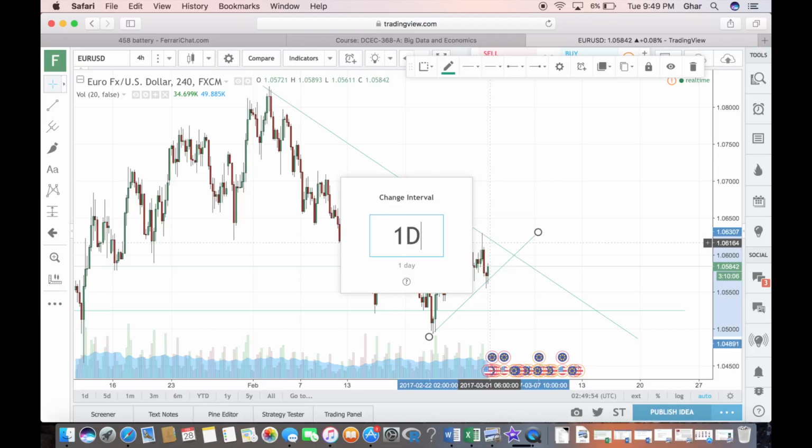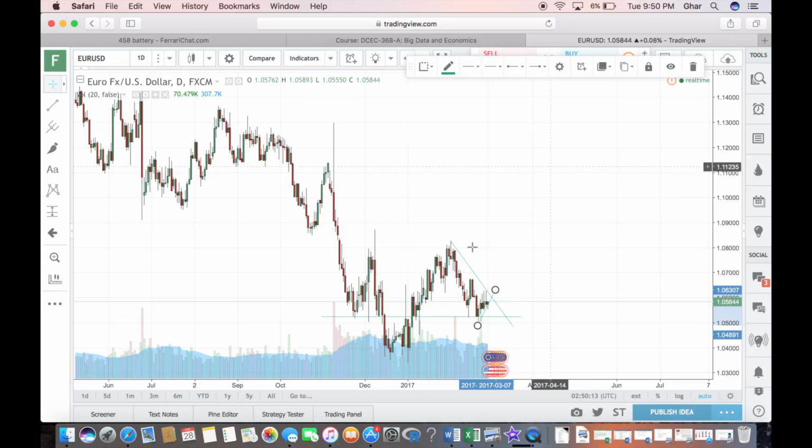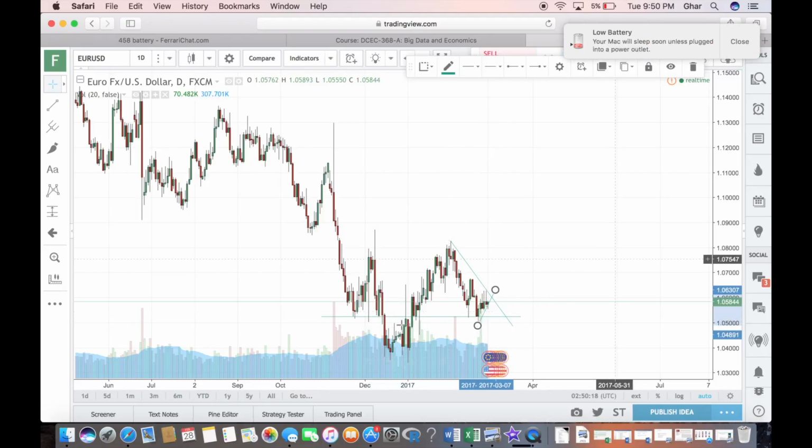Now let me go back to the daily chart and show you how this line looks on the daily. What you need to take care of greatly is how these lines are, the scale of the line with respect to the time scale. We can clearly see that there's a bigger downtrend than an uptrend, and we can also see that there needs to be a return to this level to actually resume that. Now this